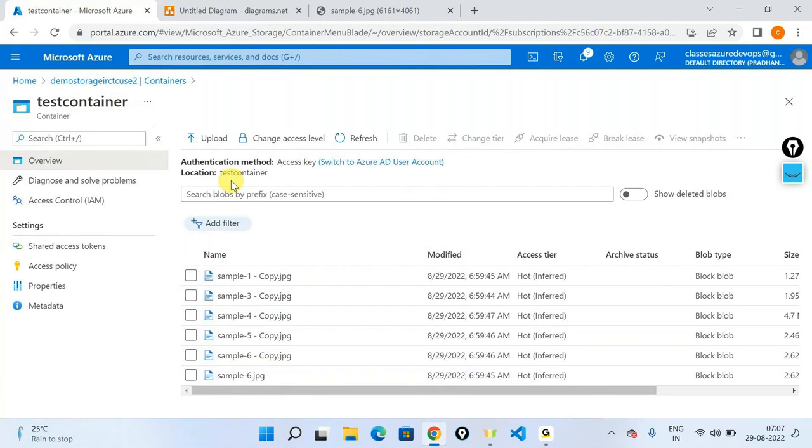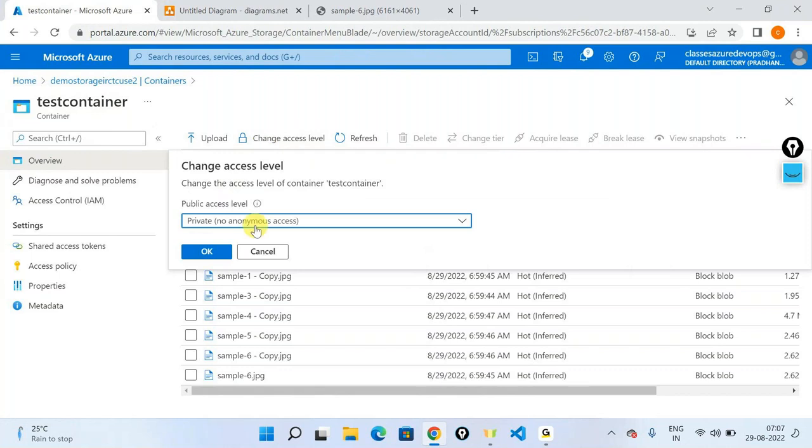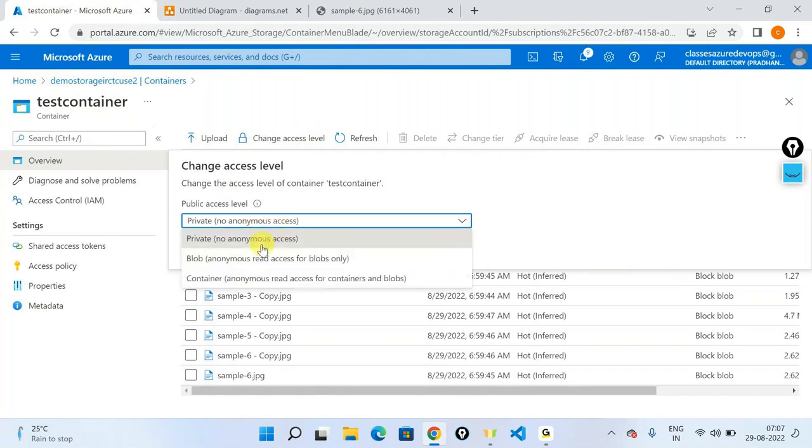Yes, so my question here is specifically towards this: I am not a user, or a company, who is comfortable putting my container at a blob level or a container level access. It has to be private. Now when you start working in an organization, you will probably see these grayed out. Organizations are going to put some kind of a setting out here which will gray this out,